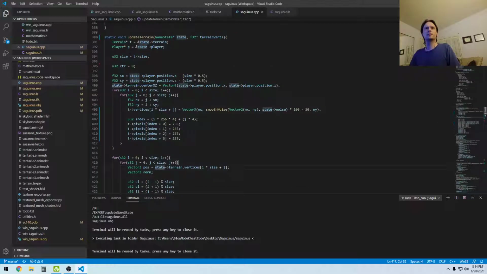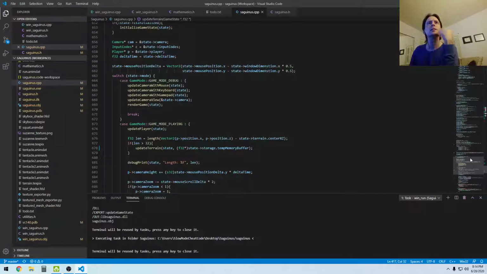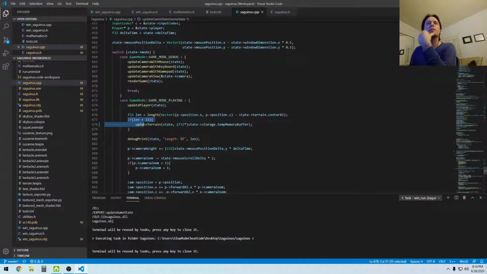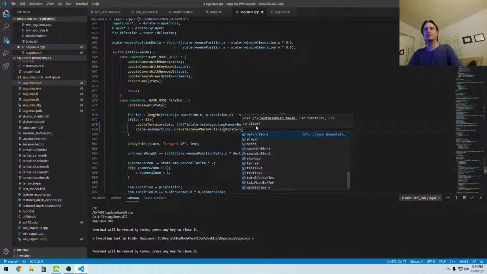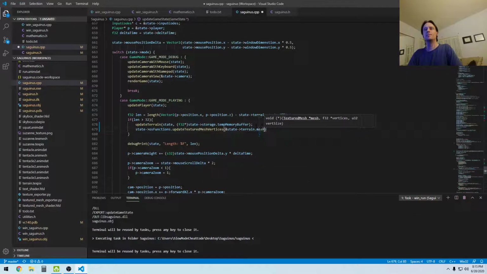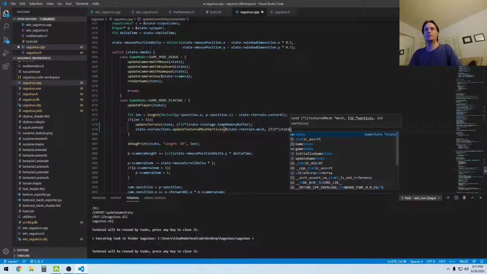Something's not right when I'm calling this method from down here. If length is greater than, update terrain here. Oh, duh. Yeah. I now need to say that the state's OS functions dot update texture mesh vertices with the address of the state's terrain's mesh. And then that's going to be F32 state